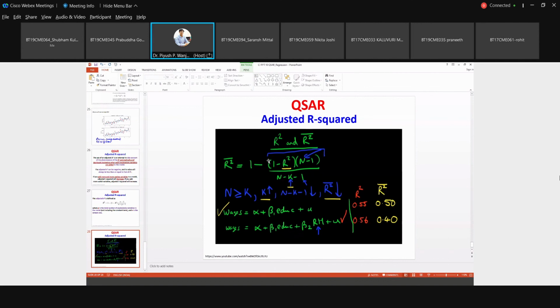No, no. But R square value is not something which you will be able to compare. Suppose for the new model from scratch, you are estimating the value of R square. This R square value won't be correct for comparison with the other models. If in your earlier model there is just one descriptor and you have evaluated R square, and for your new model you have evaluated R square, they cannot be compared with each other. You need to evaluate adjusted R square.